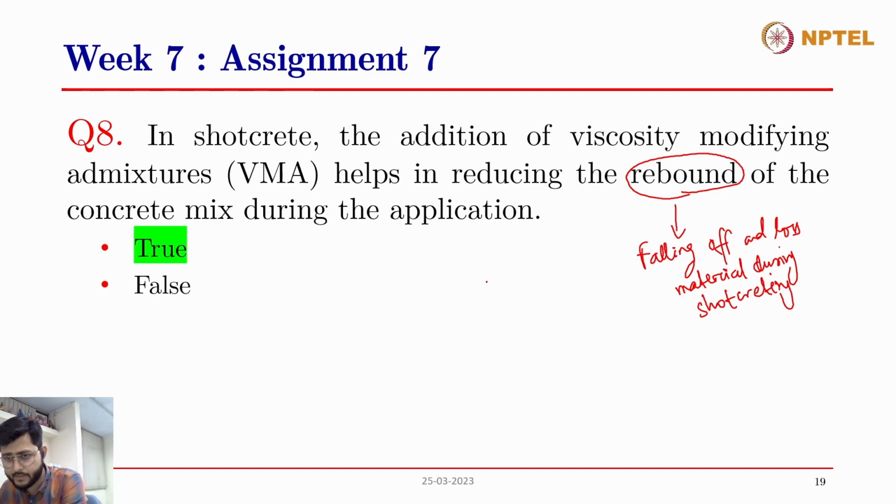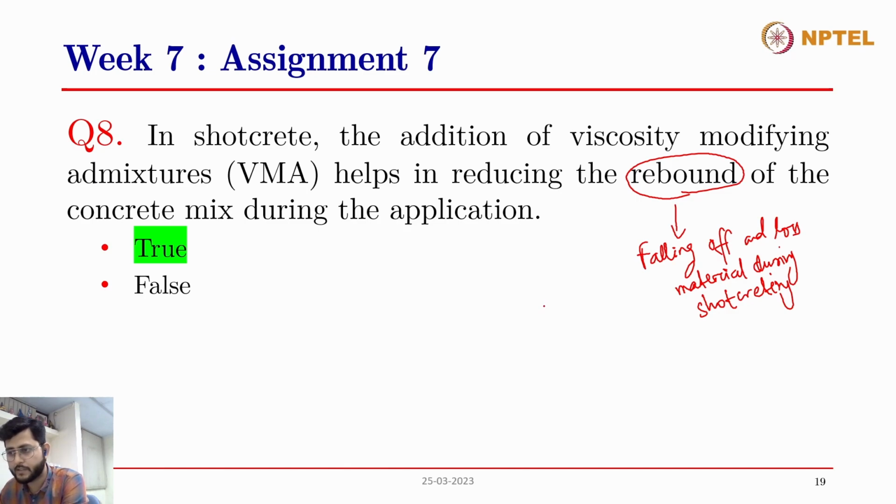So 3D printing applications generally require that we place the concrete layer by layer on top of each other, but it has to be poured through a nozzle. So we want the material to have a low viscosity while it is being pumped, so that we will require less pumping energy. But after it has been placed as a layer